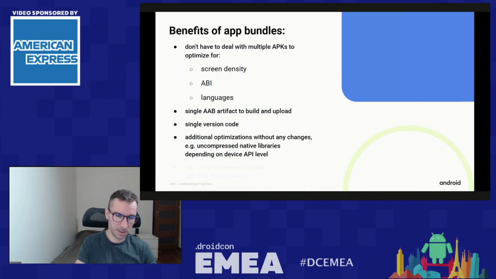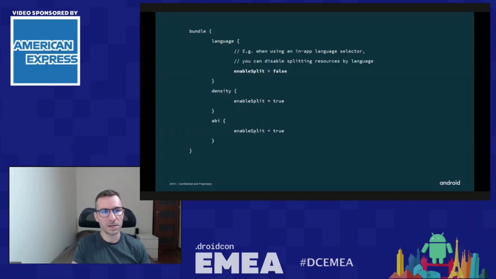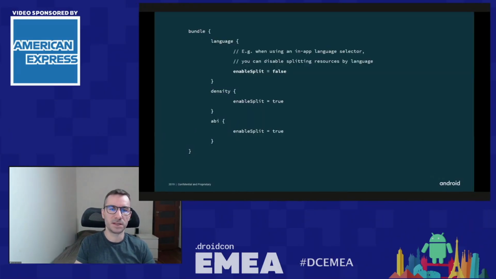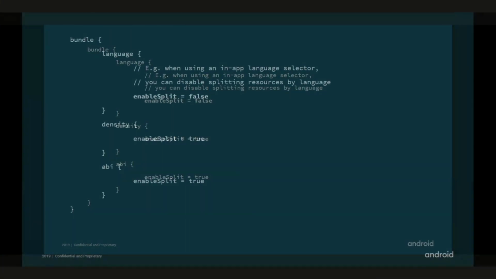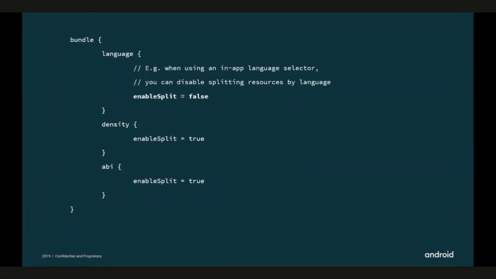And lastly, of course, with bundles, only with bundles, you can use Play Feature Delivery and Play Asset Delivery, which I'll cover in a second. Now, going back to that one example of an app that maybe needs to change something in their code or build in order to move to app bundles,